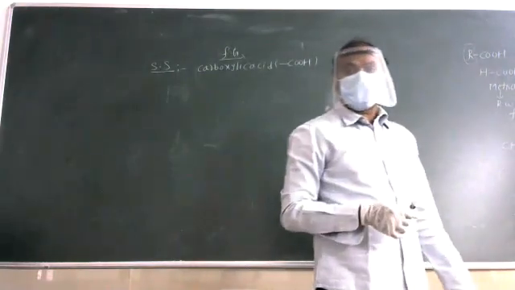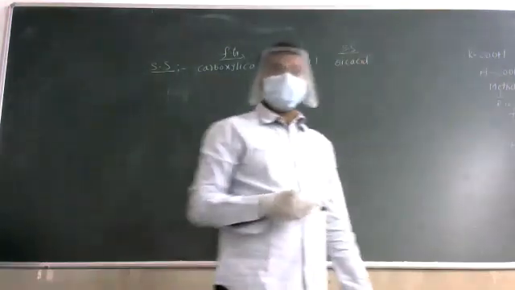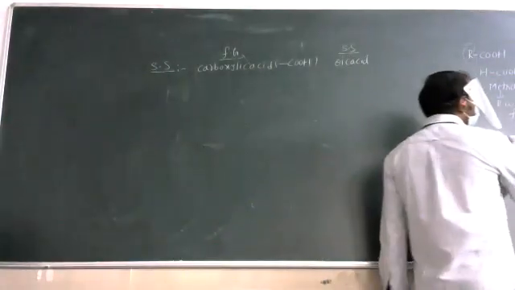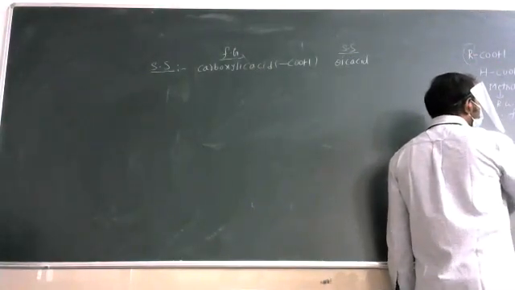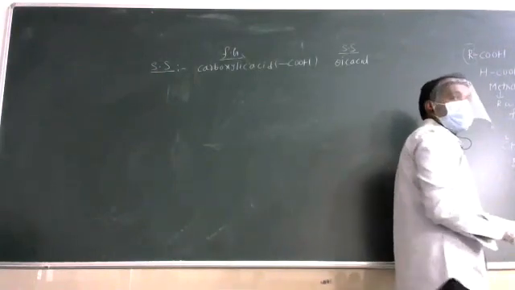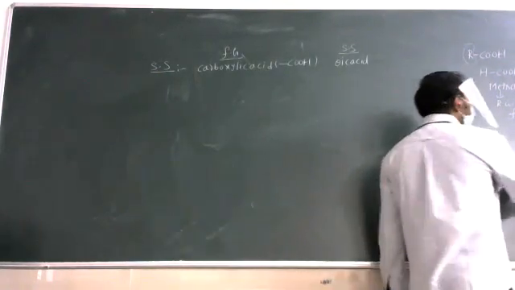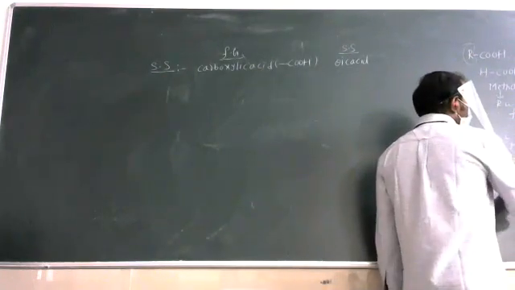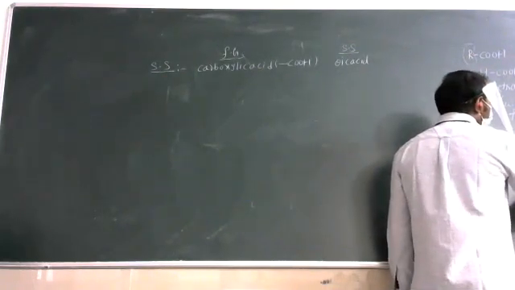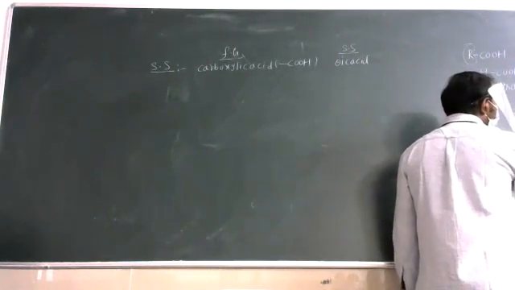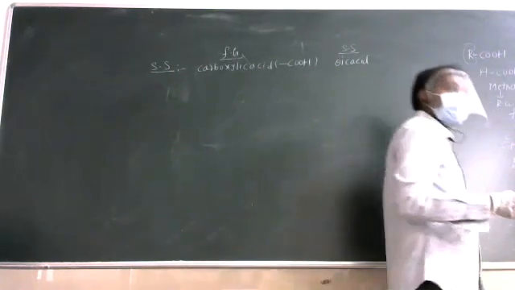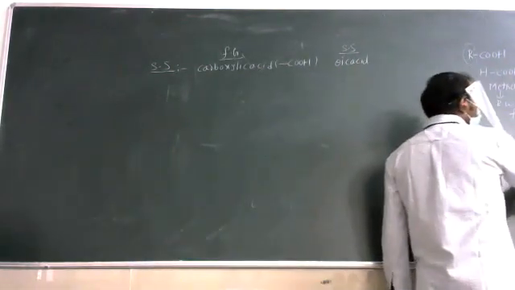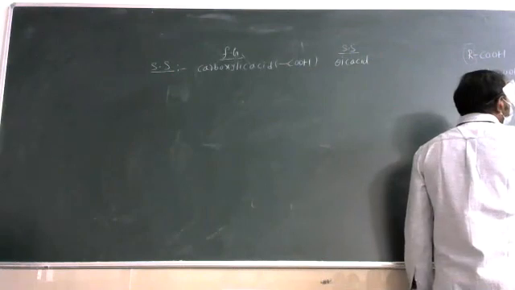So what is the IUPAC name of the given acid? According to the rule, 2 carbons each: root word, carbon-carbon single bond, A primary suffix, E root word, A primary suffix. After that, what can we take? Secondary suffix. What is the secondary suffix? Oic acid. There also E is dropped and replaced by oic acid.